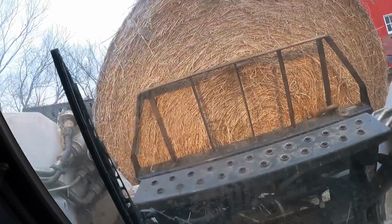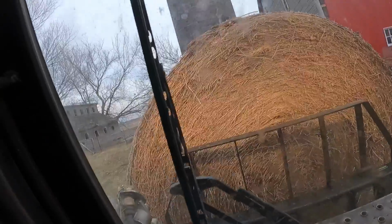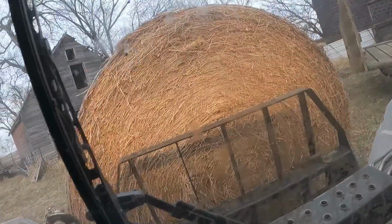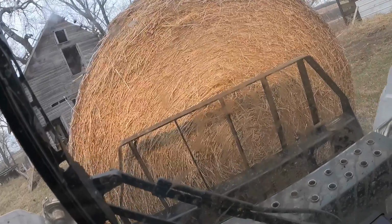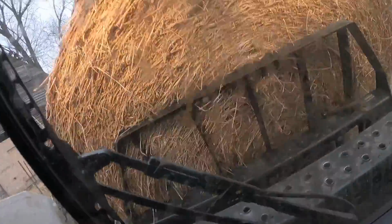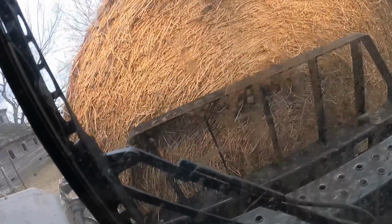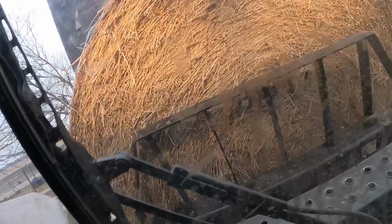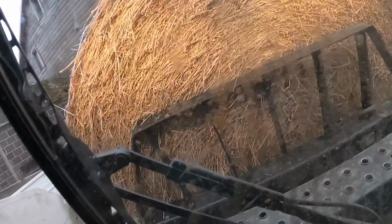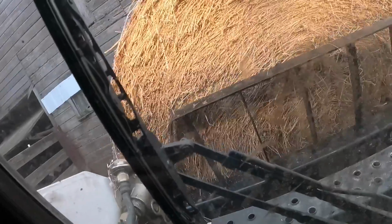Difference in people's equipment. Traditionally, people used to use all string, and just kind of started switching over to the net wrapping. The net wrapping's been around for quite a while, but as you can see, it keeps the bales a little bit tighter. And for somebody that's got a lot of bales, they have to. If people are taking it to a sale barn, it just keeps them a lot prettier, I guess. Easier to move. You're not losing hay as you're hauling them. So it just depends what kind of equipment you got. Mostly, I mean, we don't need too terrible